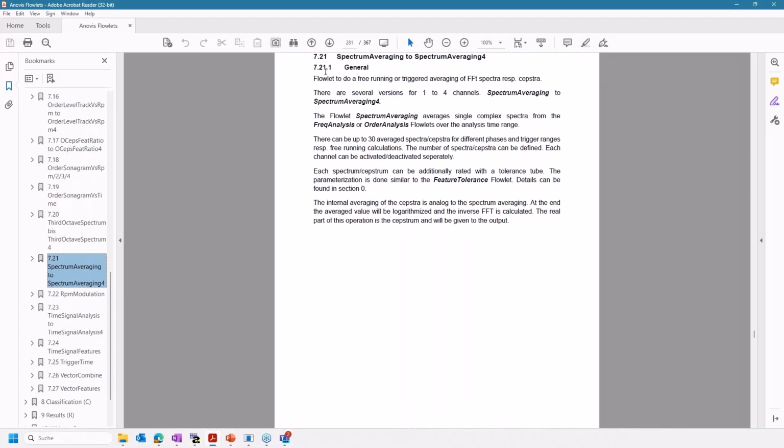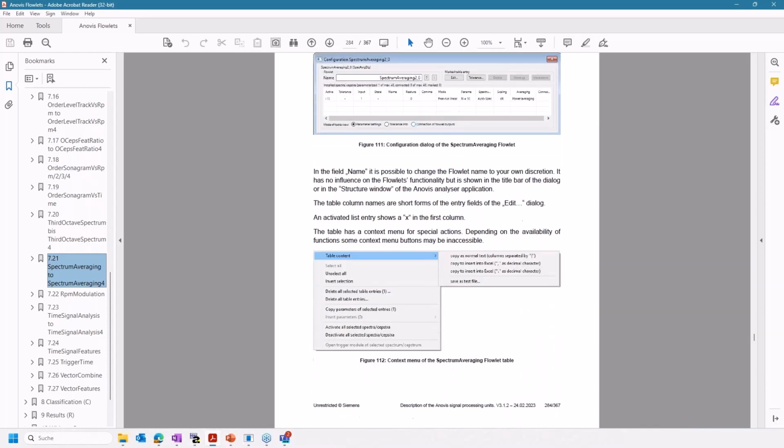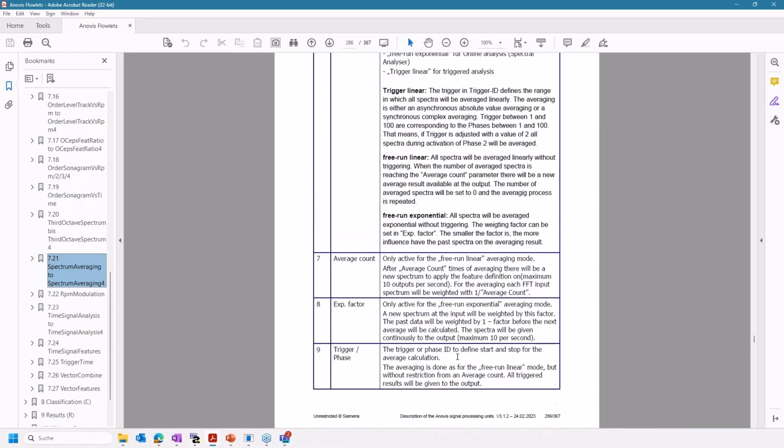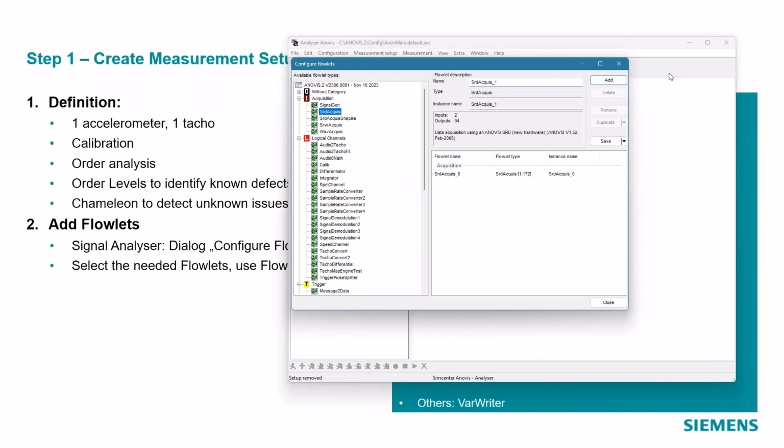Yeah, exactly. Every time we have a short description of what is done in the flowlet, then we have a description of the input, the output links, and the description of all the parameters. And they are quite detailed, and we usually describe very deeply what we are doing in this flowlet. So there's no secret in our signal processing. We describe exactly what we are doing. And that's also a question of quality management. You have to document what you do in terms of quality management, and we help you to document this in that we disclose what we are doing.